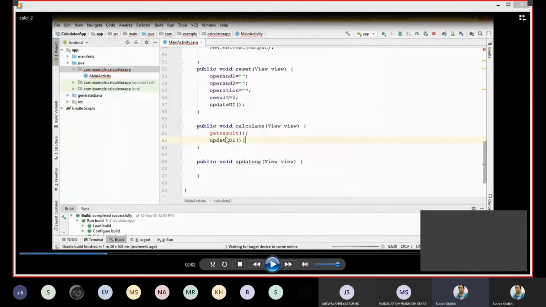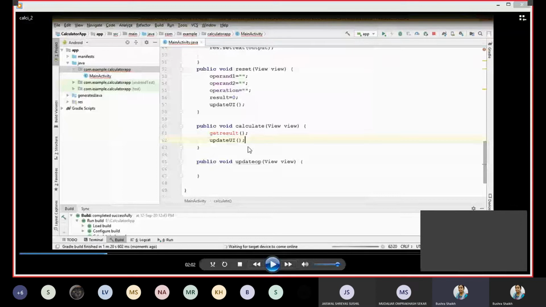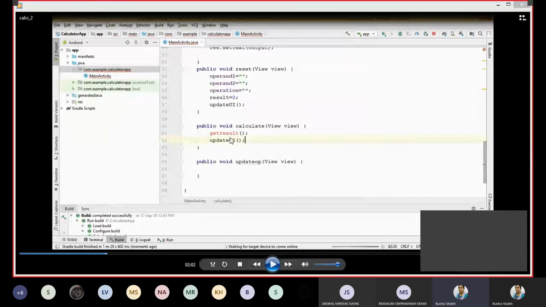So for that we are creating one more function called get result. Separately putting it in a different function, not embedding it or writing directly in the calculator, because as of now we have only plus and minus, but when you increase the number of operations, this calculate method would look so big. At that point of time, you can simply look at what button id is clicked, and then appropriately write functions for different mathematical operations and call those functions. But as of now, we have only plus and minus, so we are combining it inside get result. And we are going to call that first.